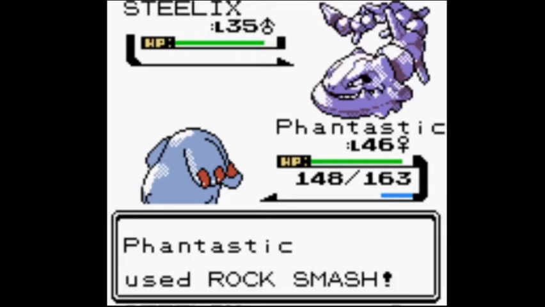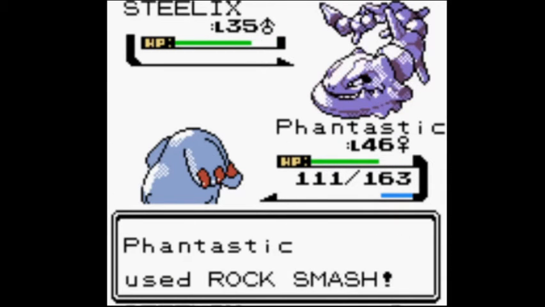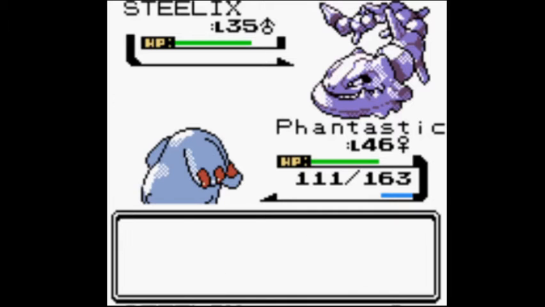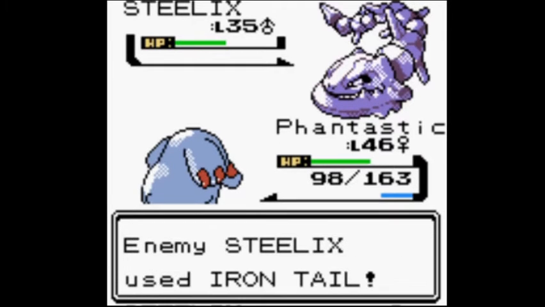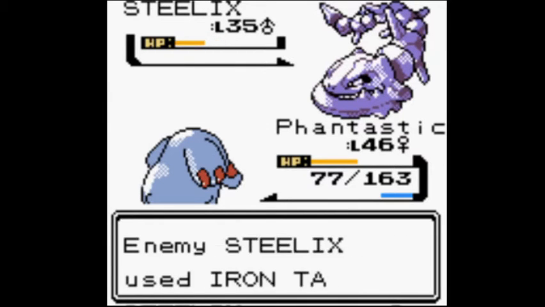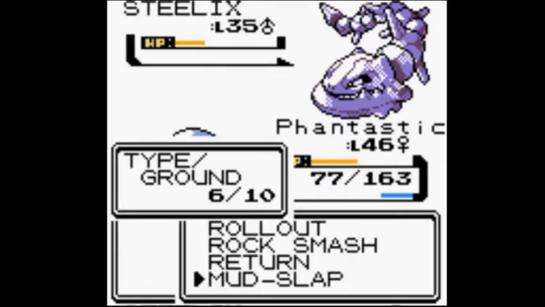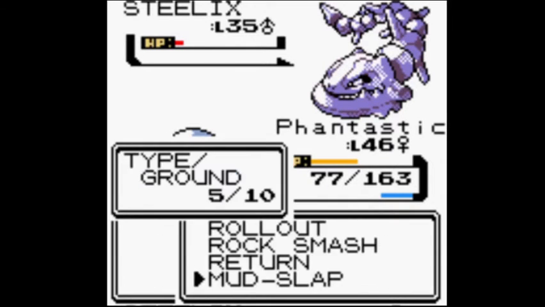So, Steelix, I do go for Rock Smash to see if I can get a defense drop, but I don't. And you can see that it's hardly doing anything. But I do get one on the second. She does hit another Iron Tail. Mud Slap isn't quite doing enough. I am going to need at least one more defense drop, but I decided to lower her accuracy again